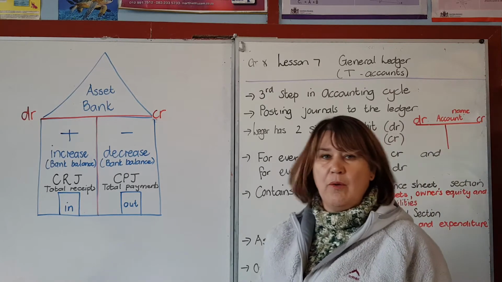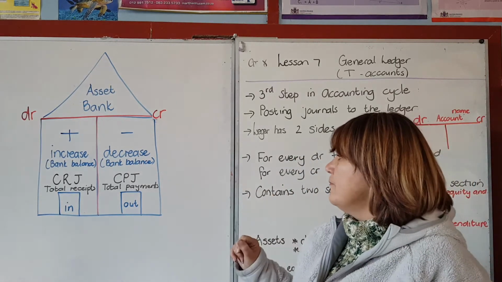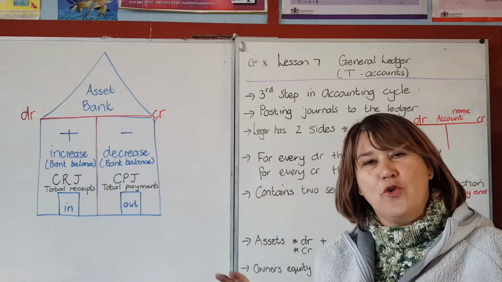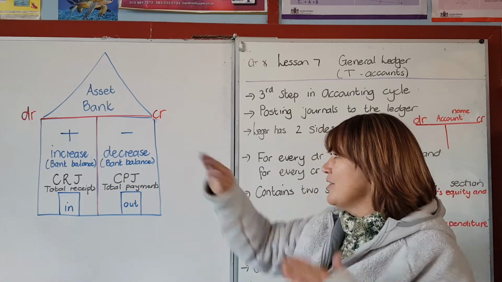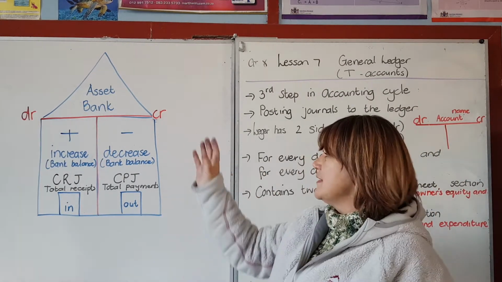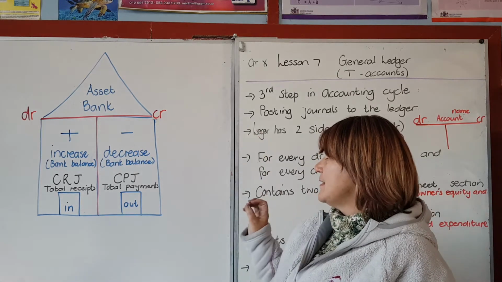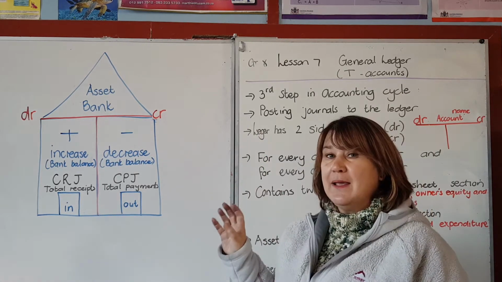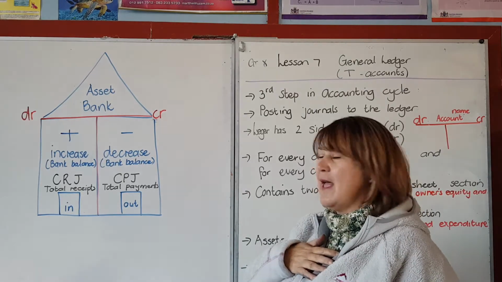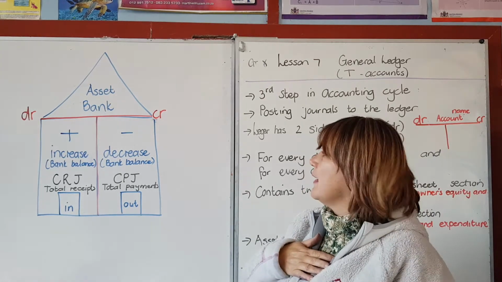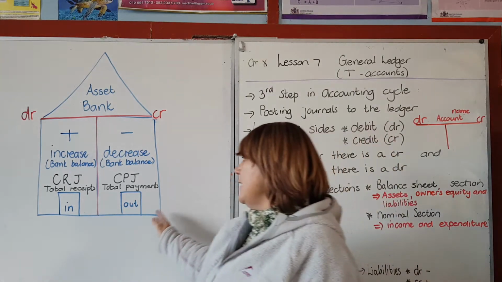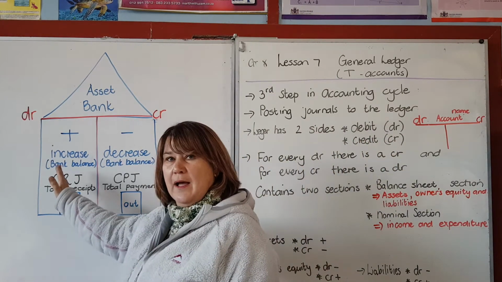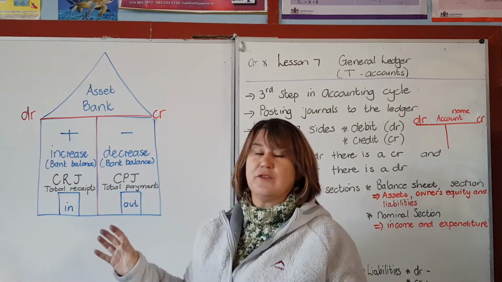Then I want to show you, I made a drawing of a bank, all right. I showed you the T account now, so the debit side of the bank and the credit side of the bank. So your bank is your asset, so our bank's name is going to be Asset Bank, all right, because your bank is your asset. So when money goes into your bank account, this is from the business point of view.